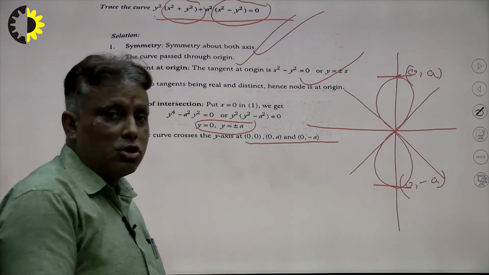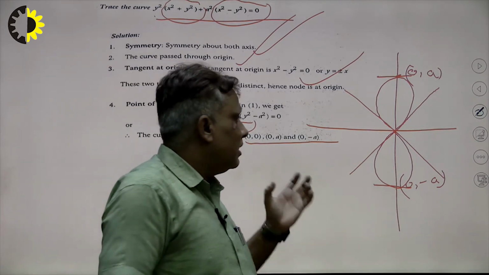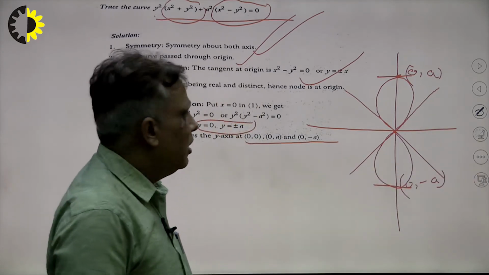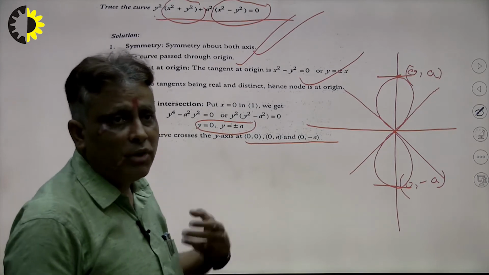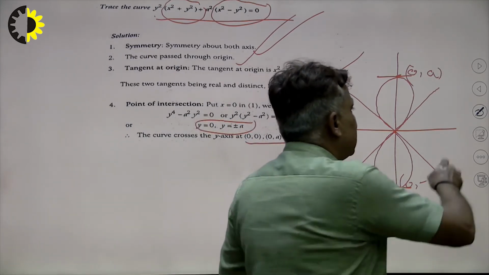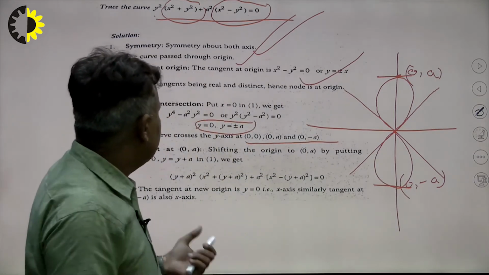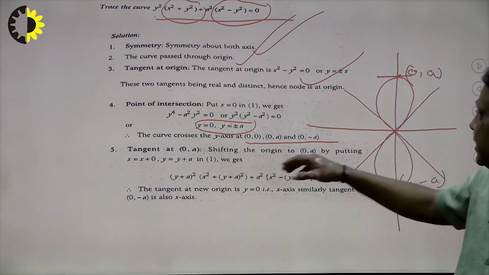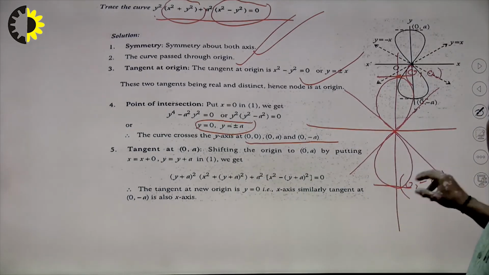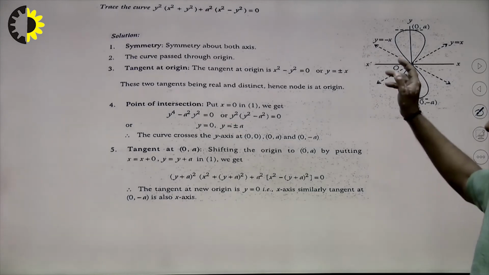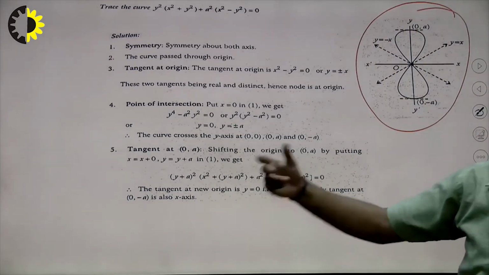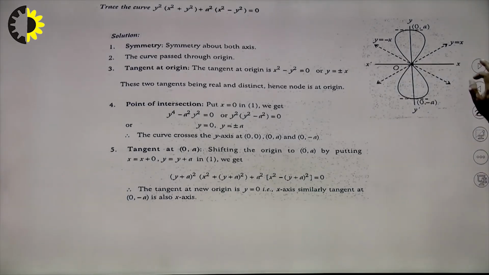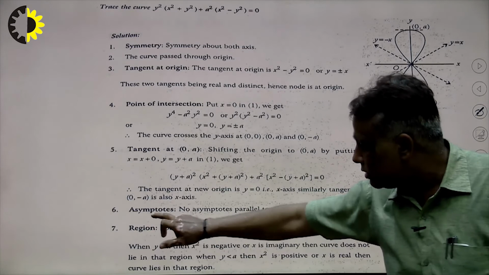Suppose in the previous question the point of intersection lies on the x axis, so the curve exists on the x axis. So with the help of the intersection point we can decide where the curve exists. Now finally, suppose I want to calculate where the curve exists and what the position of the tangent is at the different points. The final graph of this will be this, as I explained just now. Now the question is what the position of this graph is and what the region is, and how to check that the region is correct. There is no asymptote, I write here.